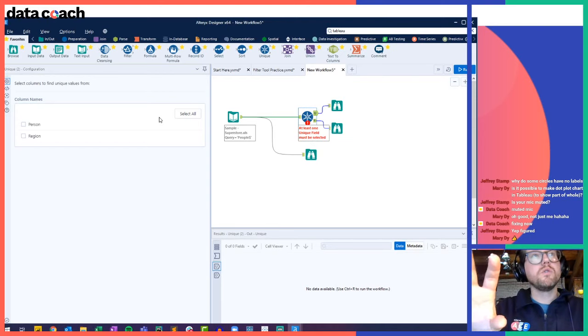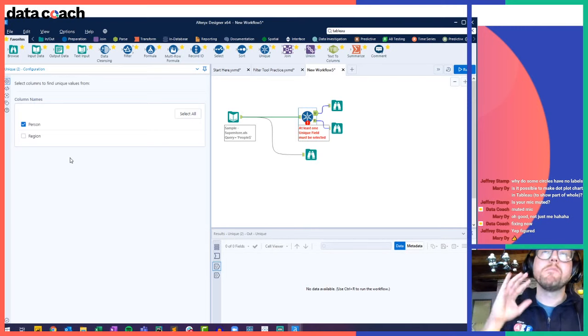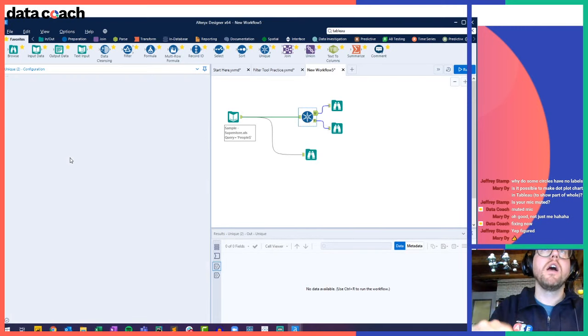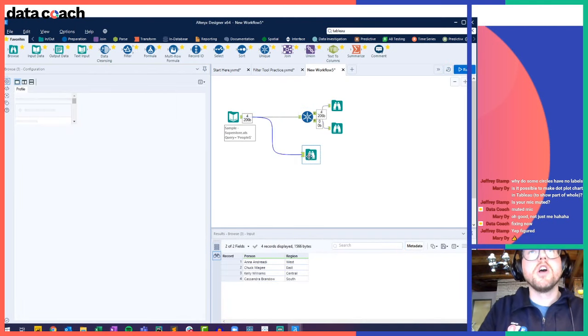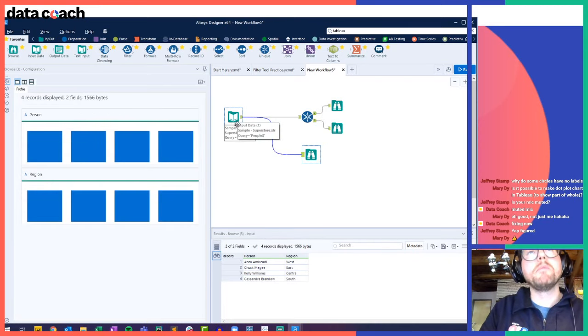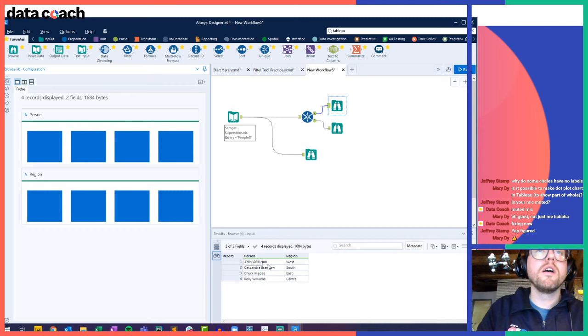To configure the unique tool, pretty straightforward. You just want to say, how many unique instances of this field do I want to pass through the tool? And then I can click run by doing Control-R. Right here, here's my browse tool on my original data set. Looks like I only had 4 people in there anyways. These are going to be my sales reps, I believe, from this data set. And then on the unique side of things, that's also going to be the case because there's only 4 unique